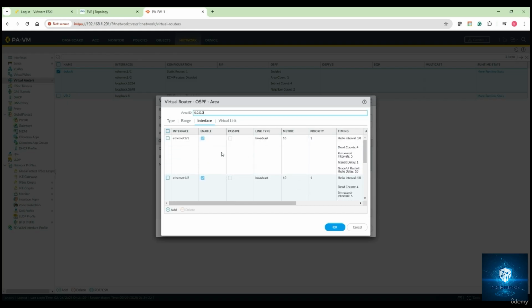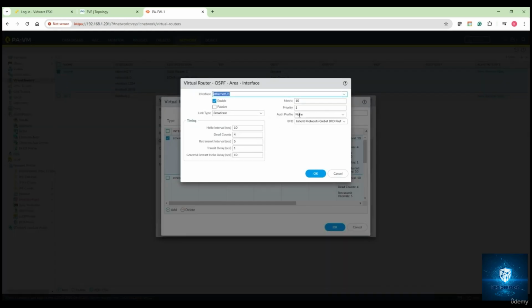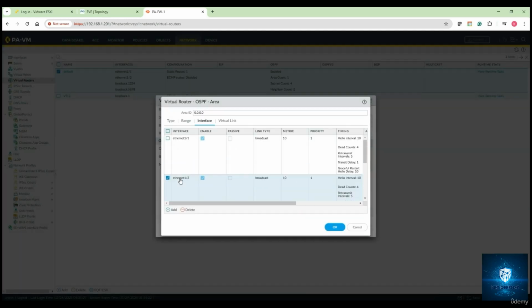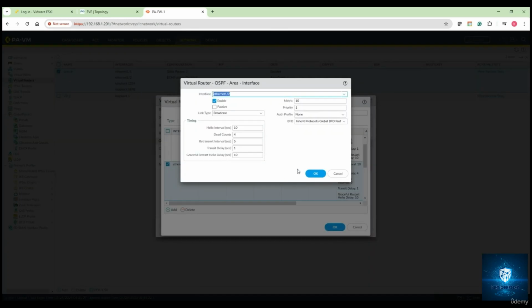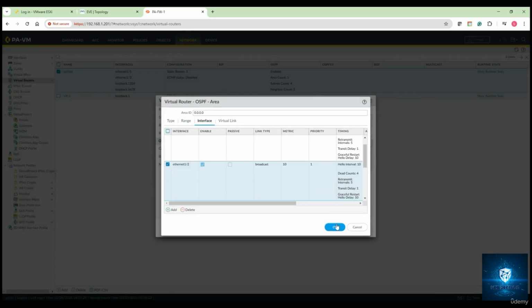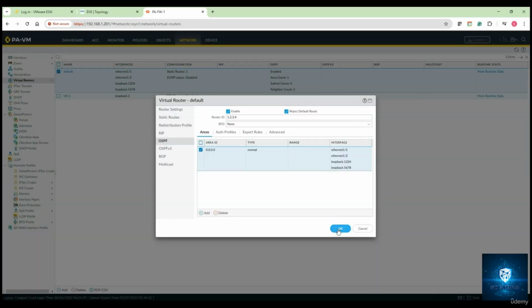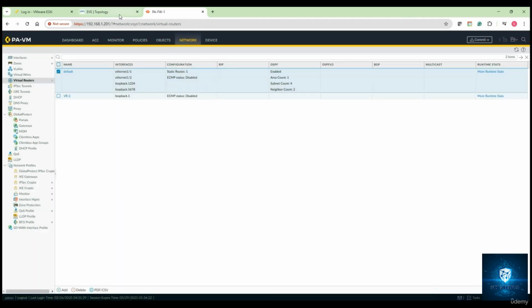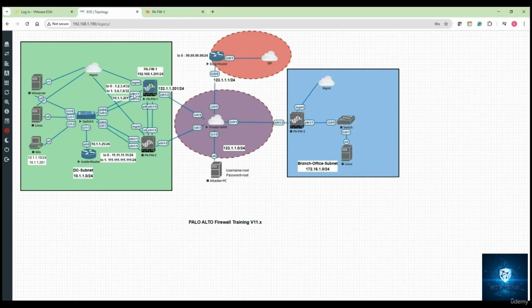So let's look into it. Ethernet1/1 should be part of that authentication profile. It says none, so the inside interface should have this auth profile, as well as the outside interface, which is Ethernet1/2, should also have this authentication profile configured. Okay, click on OK there. So our profile is applied on both the interfaces, Ethernet1/1 and Ethernet1/2, and will run authentication only on the